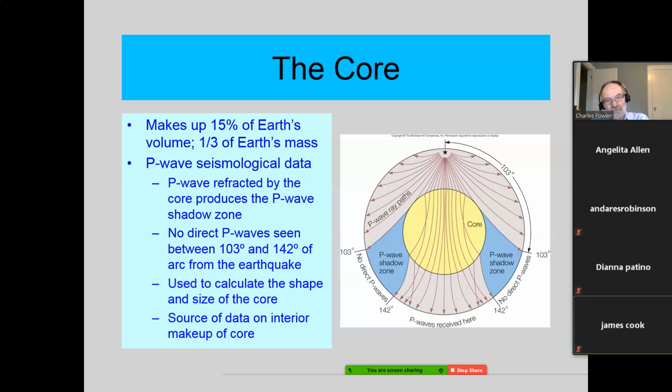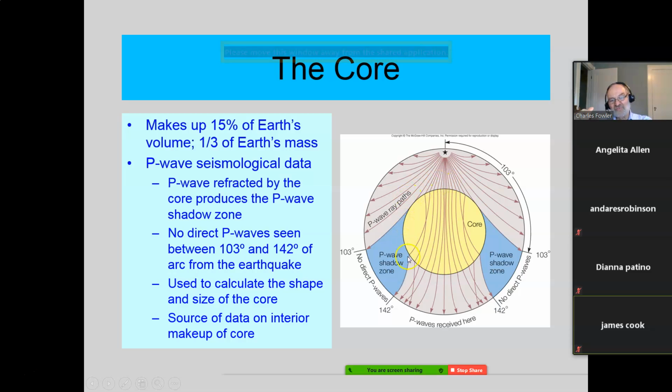Well, there's actually two. Number one, the inner core is solid, so that bends the waves more than the liquid outer core does. So that's one reason. But then when they leave the solid inner core, that's when they bend outward, because they're going from high density to low density. So they bend outward.